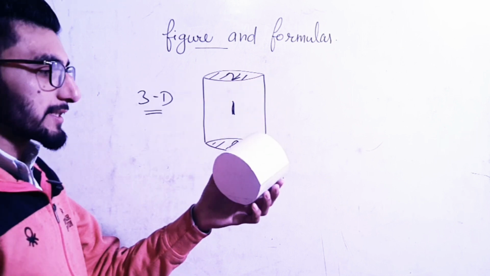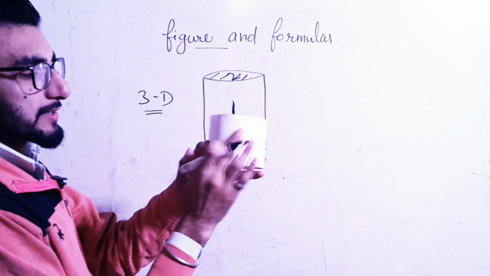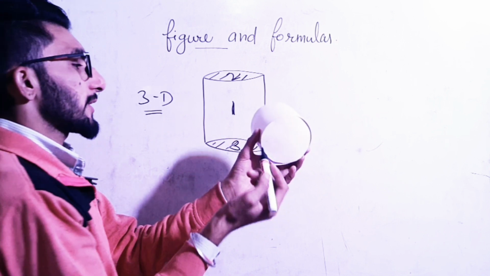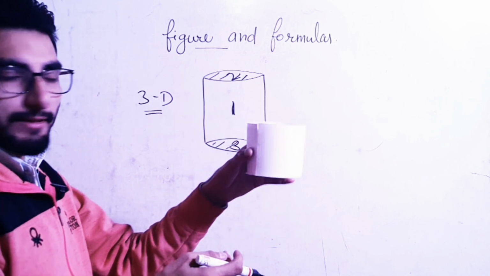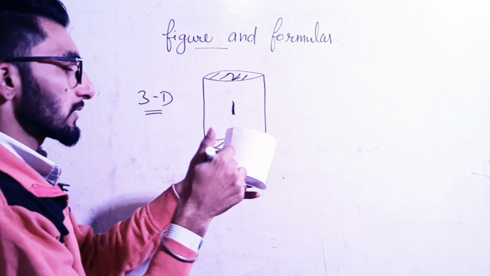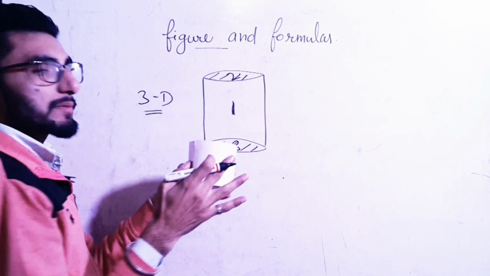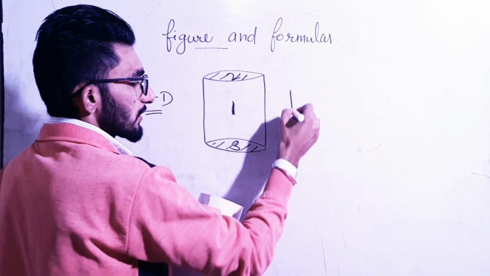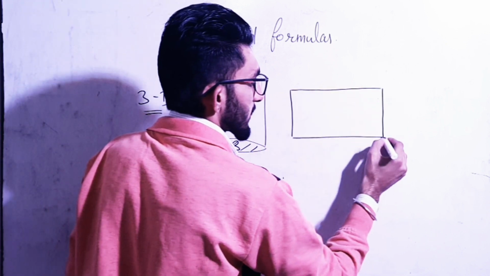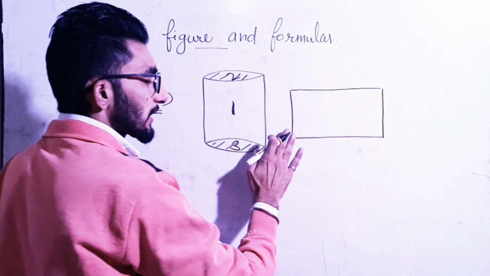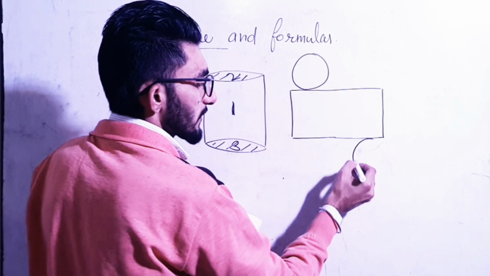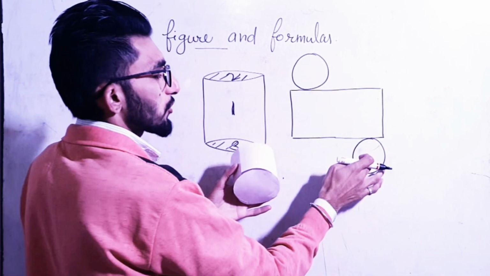So here we have a model of the cylinder in which this thing is the first face of the cylinder. So this is circular upper face and this is circular lower face. ठीक है. So first of all we open this net diagram of this cylinder. ठीक है. So now we will open this model of this cylinder. So see here, this cylinder is made up of three things. First one is this face, first face. So first face is like a rectangle piece. Clear? So this is a rectangle piece, and then this is the upper circle portion, and this one we have lower circular portion. ठीक है.